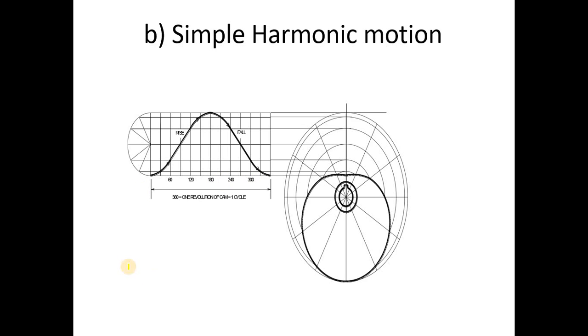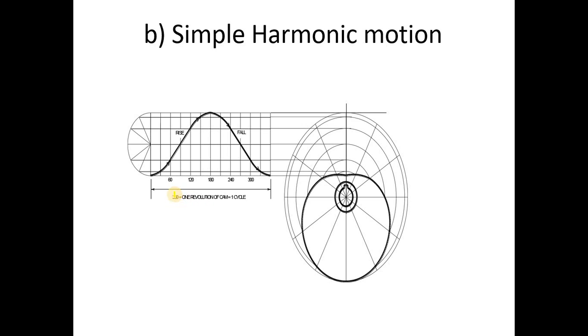So first of all, draw a horizontal line. If in the problem they ask you to draw a cam profile having a follower motion of simple harmonic motion, when the follower follows simple harmonic motion, just concentrate on this particular thing. First of all draw a horizontal line equal to 360 degrees, that is the entire one revolution. Sometimes there is a dwell, sometimes there is no dwell. No dwell means there is a continuous upward and downward motion of the follower.